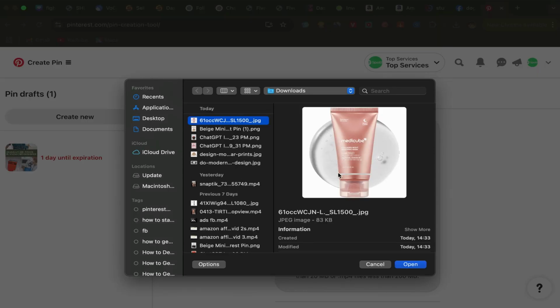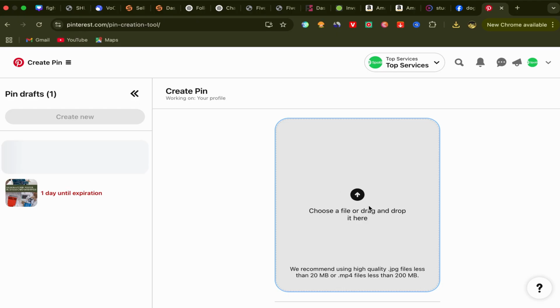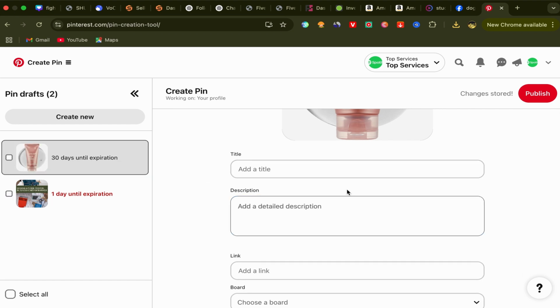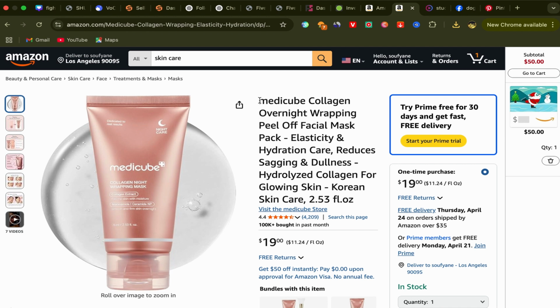Guys, you can use Canva to edit this picture and make it your own picture. Okay, you can go to Canva and edit the picture to make it look more professional. Okay, so for me, I will use this picture for now like this, and I will scroll down. I need to put title and description. I will go back to this Amazon product page and I will copy this title